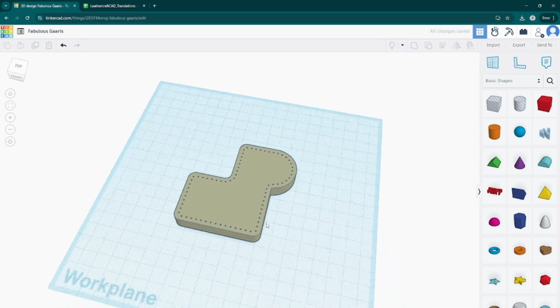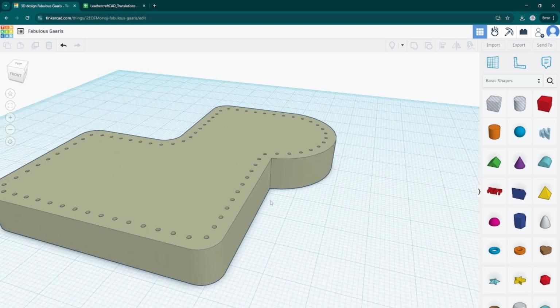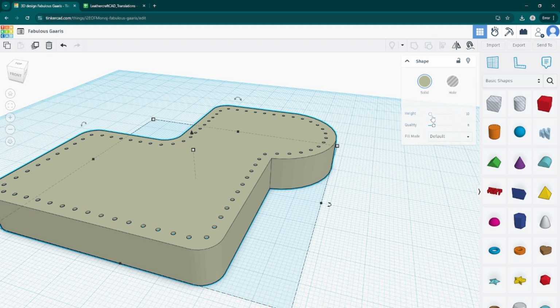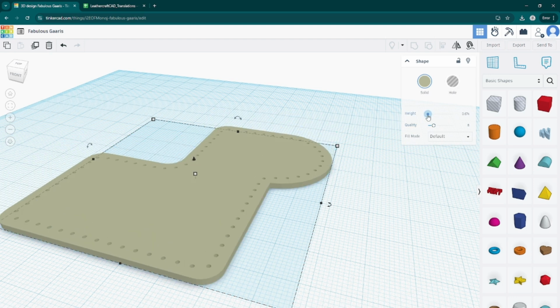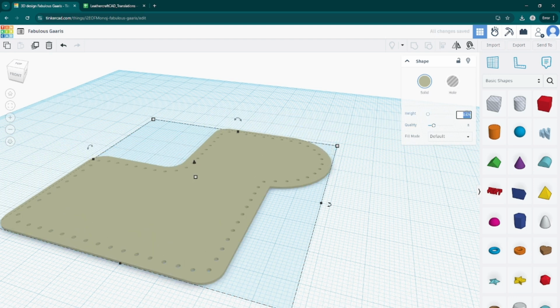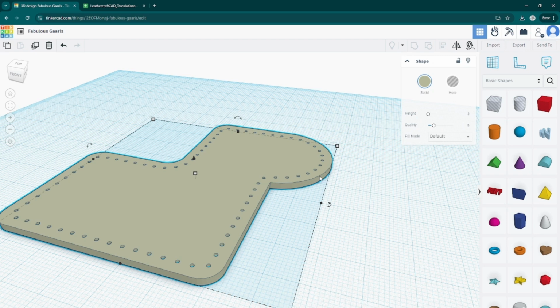Okay, so yeah, this is what I got. Now all the stitching holes are converted into holes, and I can change the height to make it thinner. Sometimes I make it like a 2 millimeter height pattern, and then 3D print it, and I can use it as a 3D printed template.